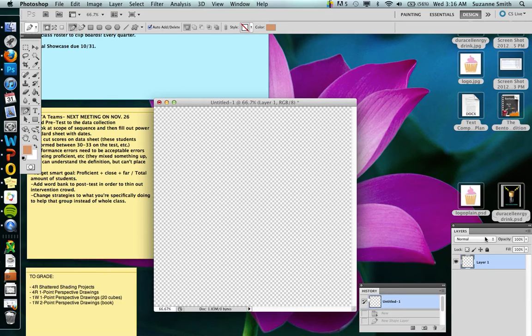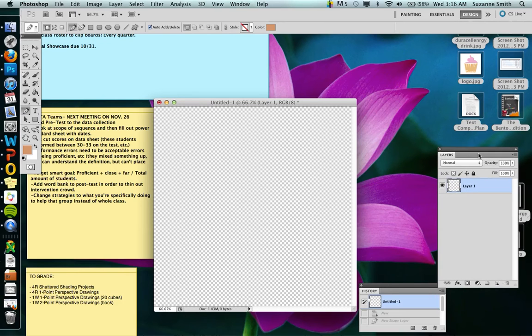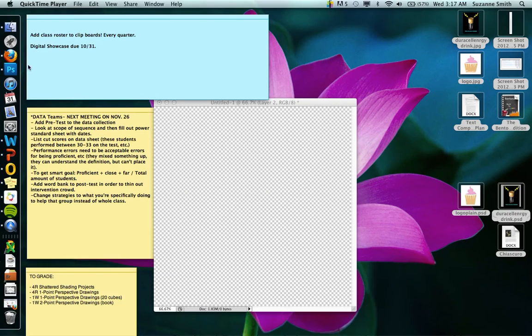To start off, we need to create a new layer. That way our shapes go on top of the background and not just are embedded in the background. With your layers box, the new layers icon is right down here. Click, and now you have 2 layers. You'll be wanting to start in the second layer. In your